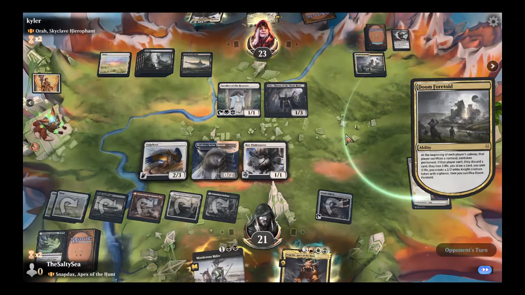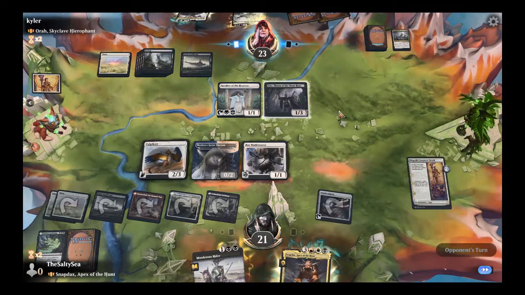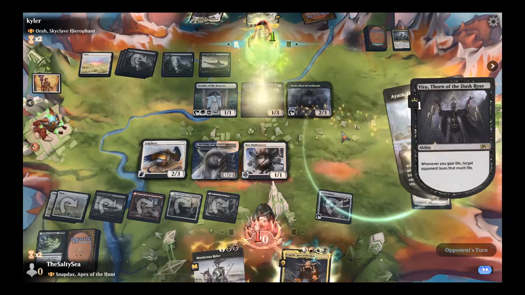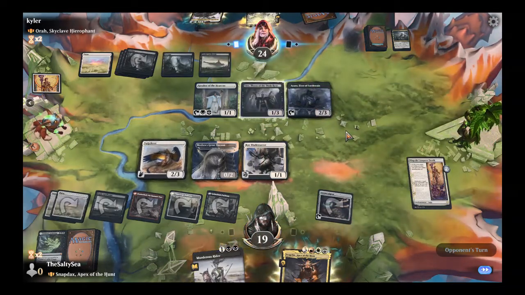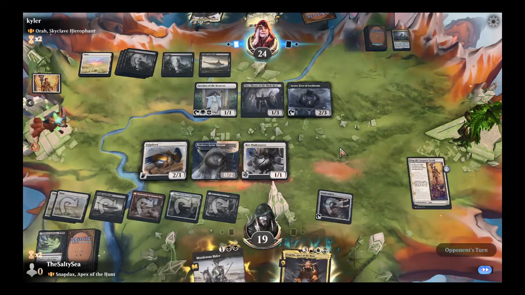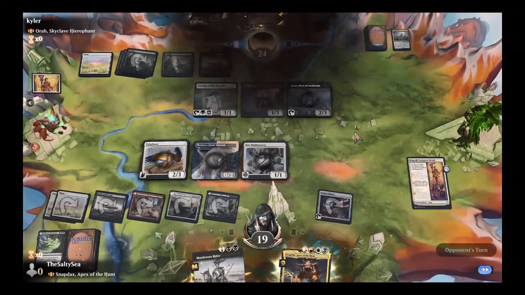And now we're kind of ahead of them on the Doom Foretold count. So yeah, anytime you can make your opponent sacrifice their own Doom Foretold, you're playing a pretty good game. And then we get to reanimate the Hemorrhage guy with Elspeth Conquers Death. Yeah, and they see it too. So,